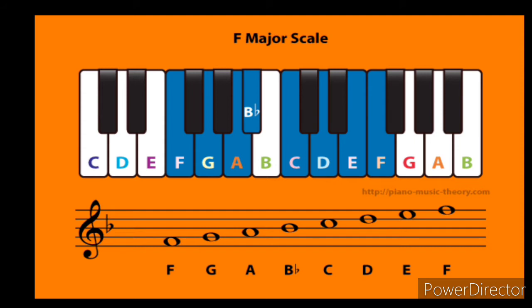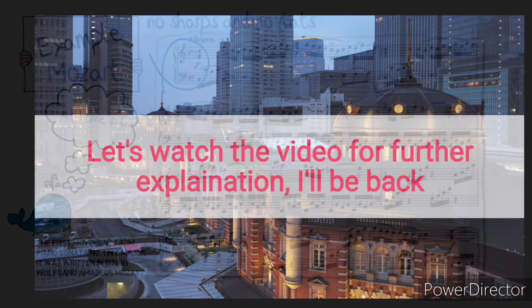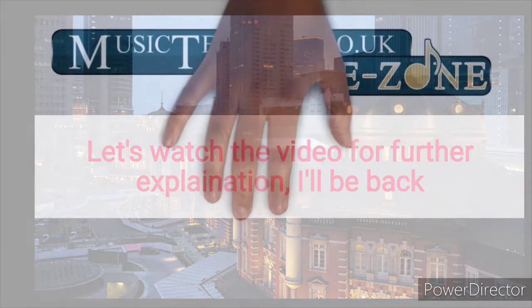Let me go over it again. The scale of C major does not have any symbol, or we call it accidentals. It doesn't have sharp, flat, or natural. The scale of D major has 2 sharp signs placed on F and C. The scale of G major has just 1 sharp sign that is placed on F. And the scale of F major has 1 flat sign on what? B. Alright, let's watch the